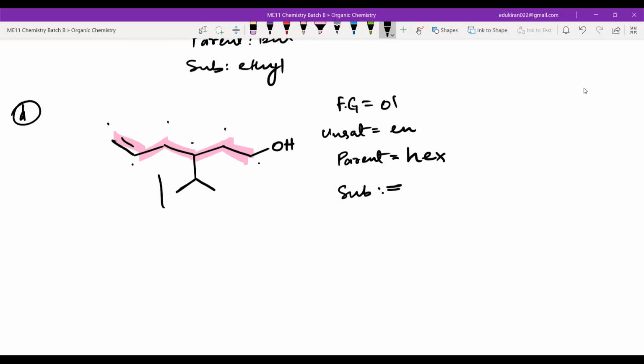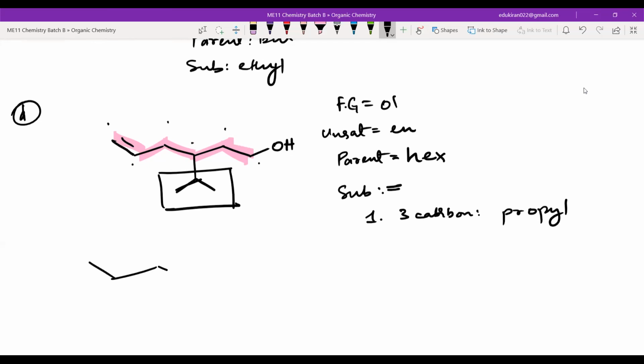Now this is the substituent here. But okay, how many carbons? So there's only one substituent which has 3 carbons. So this will be propyl. I mean, right now we can say that this is a propyl. But if I look at the structure here, for example,